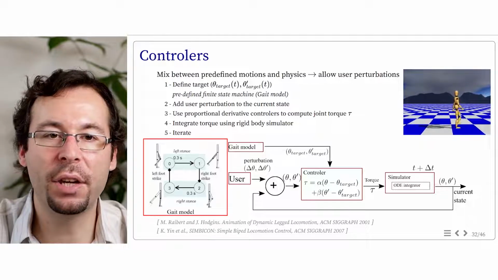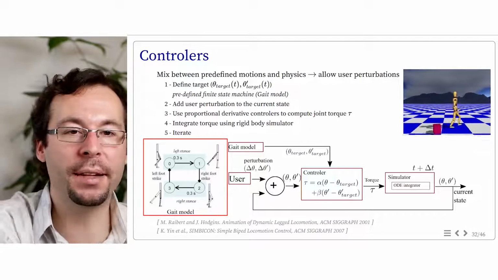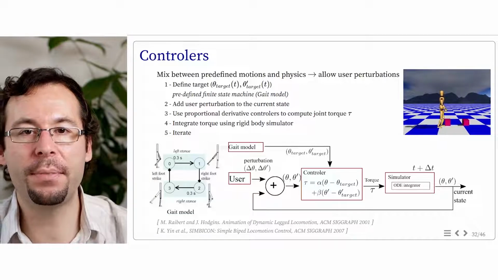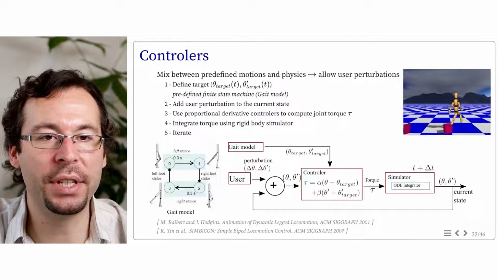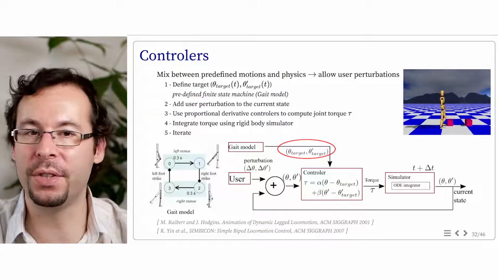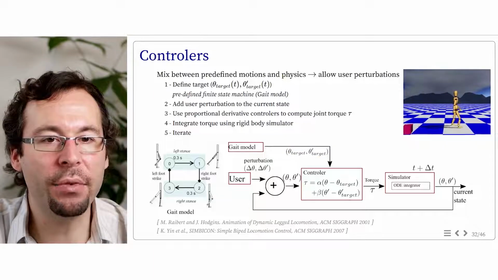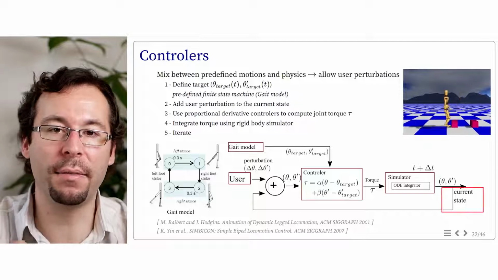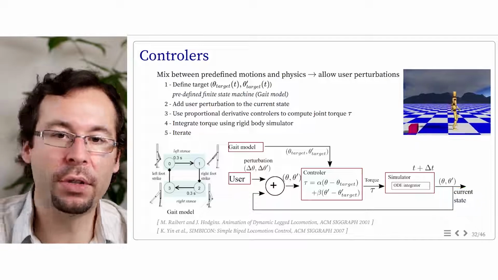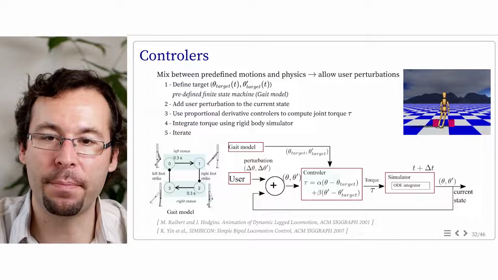So these sequences are organized as a state machine. When we reach one state, we aim at the next one. And this sequence gives the gait model. This model is actually described at a given time t by a set of angles, theta target, and angular velocities, theta target prime. On the side of this objective gait, we have the current pose of the model that we call theta and theta prime. In the ideal situation, without obstacle, theta and theta prime are equal to theta target and theta target prime.